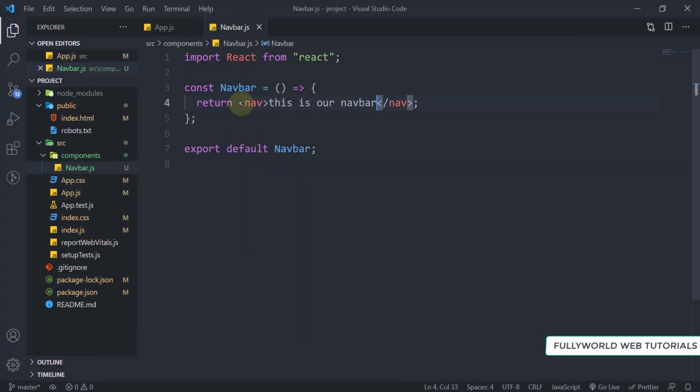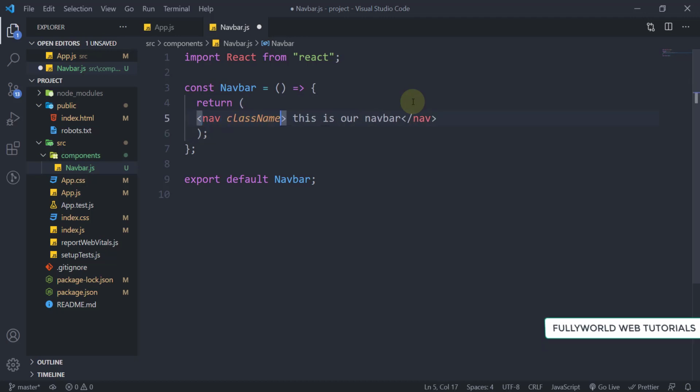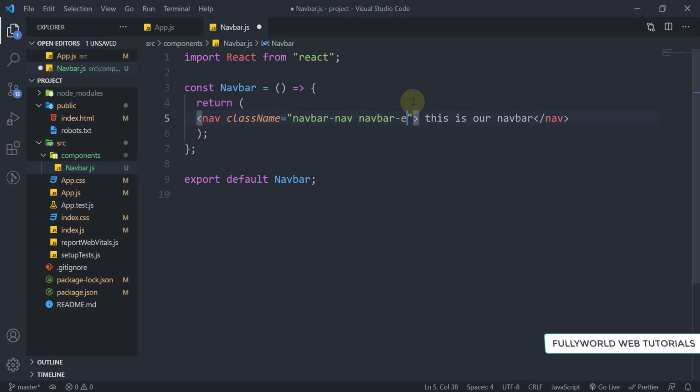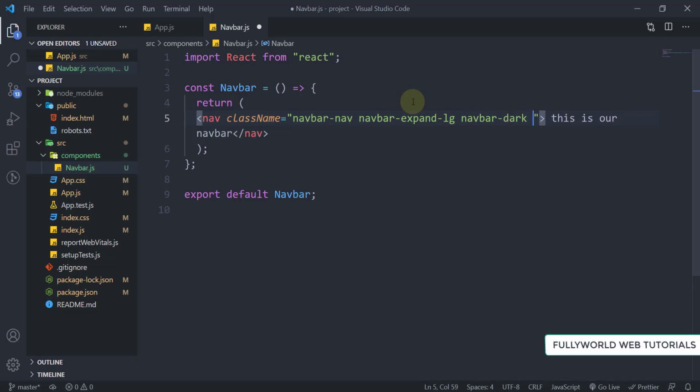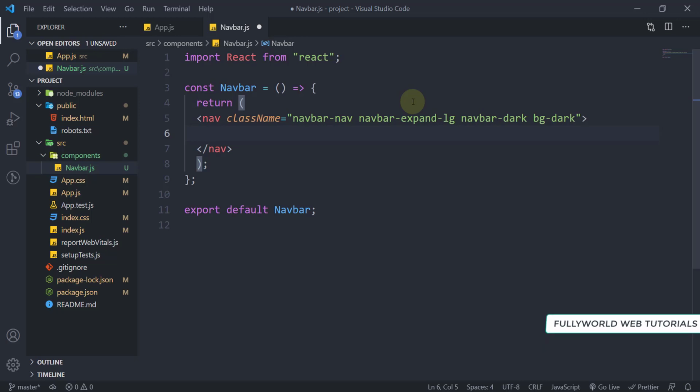Now let's do coding in our navigation bar here. So I'm going to do like that, and here will be our first class name, and that class name will be nav, and it will be navbar expand large, and here we want navbar dark because we want white color, and third thing we want that will be our bg background will be dark only. So I'm going to remove all this and press enter here. So here navigation bar is now created.